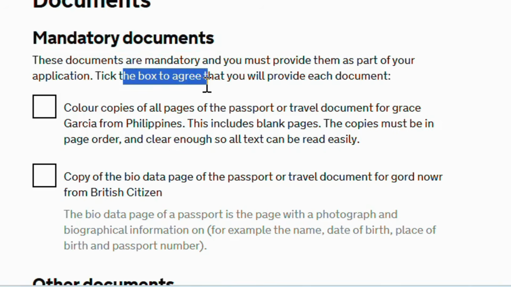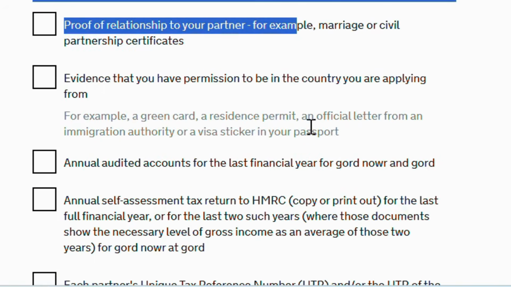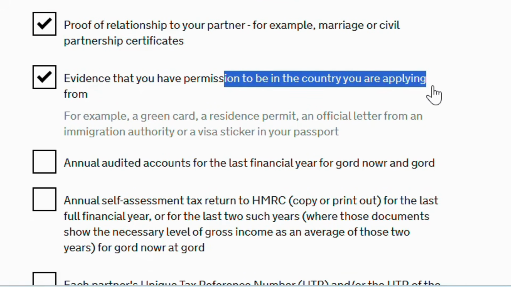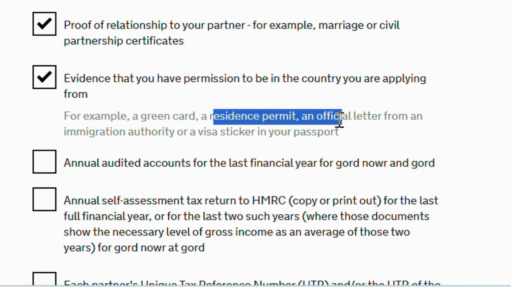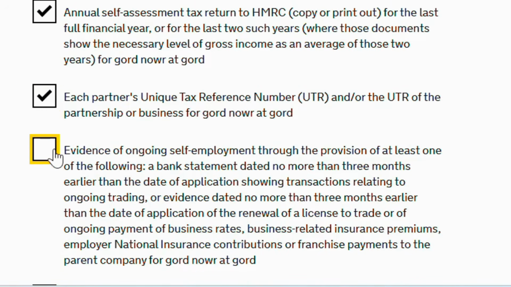You need to tick that box to agree. Yes, we need to provide our passports, me and my husband, and other documents: proof of our relationship, and evidence of permission in the country you're applying from, since I will be the one to send it. I have a residence permit in Qatar. The annual audited accounts and annual self-assessment tax are for my husband.